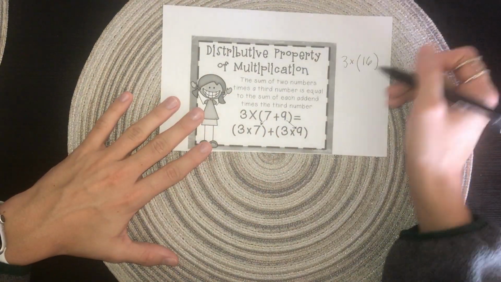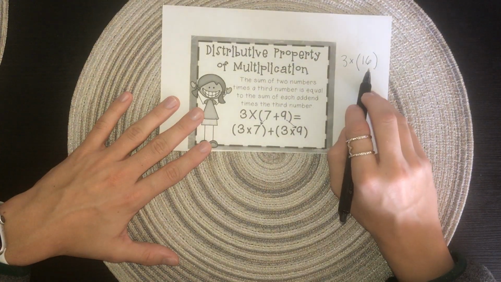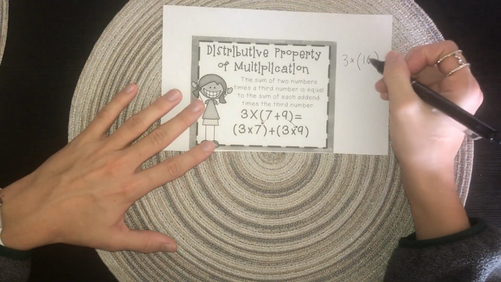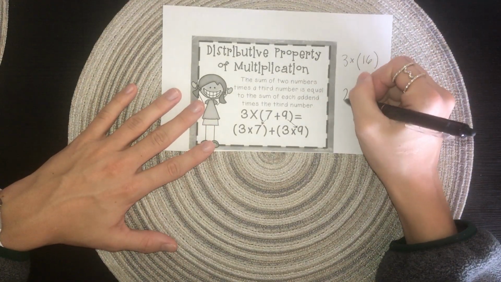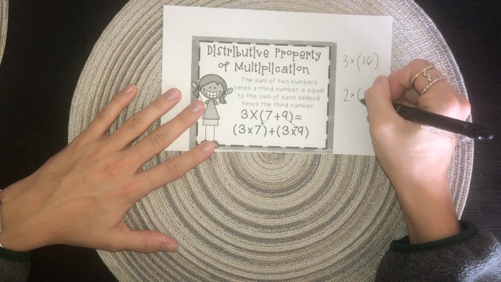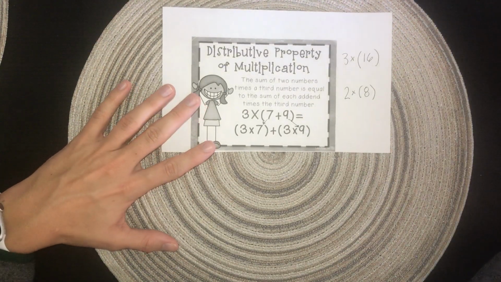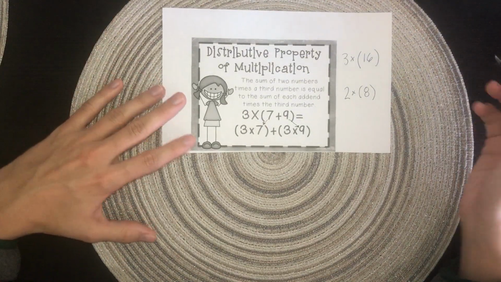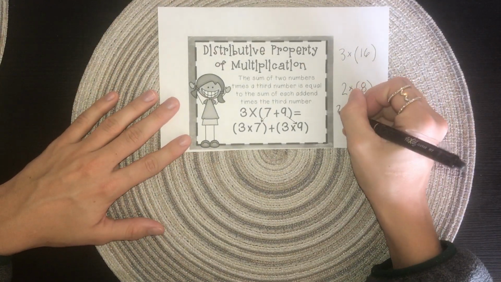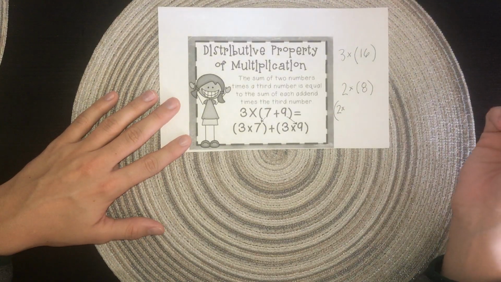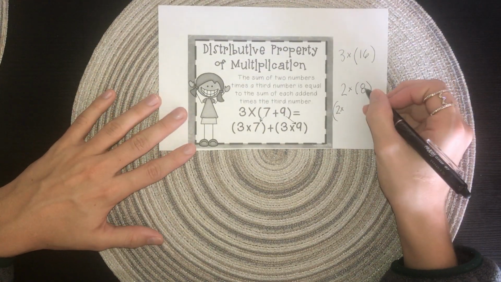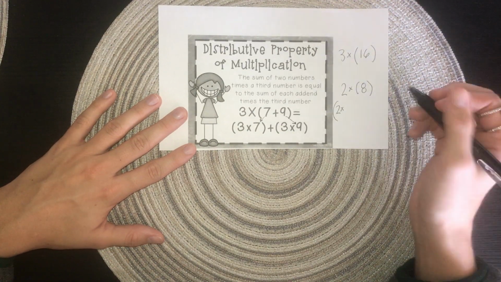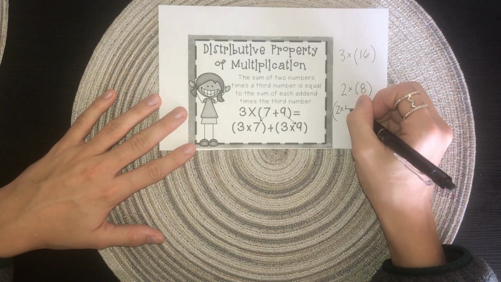So the reason why I wrote 3 times 16 up here is because sometimes you would see it written as just a whole number. So maybe you would have 2 times 8. And say 8 just was too large of a number for you to multiply by 2. I know that you can all probably do 8 times 2. But say you want to break it apart, you could do 2 times, and then you get to pick. This is where you have the choice of how you want to break apart 8. So you could do 4 and 4, 6 and 2, 7 and 1, but I'm going to do 4 and